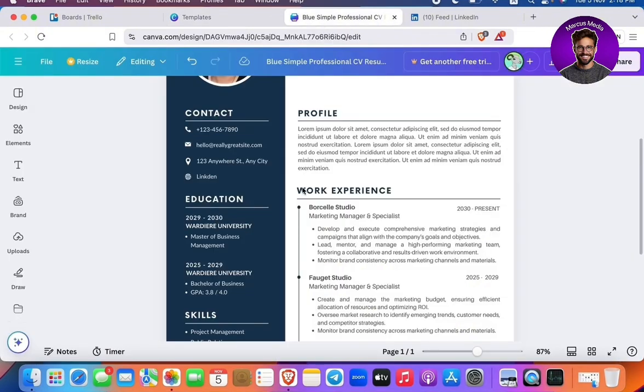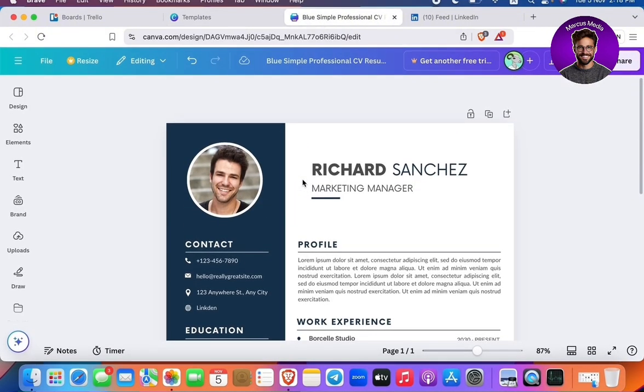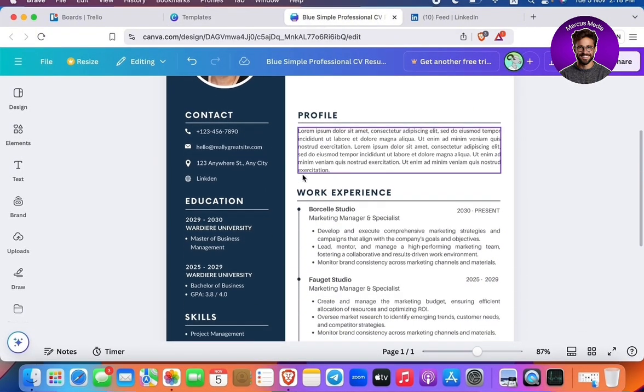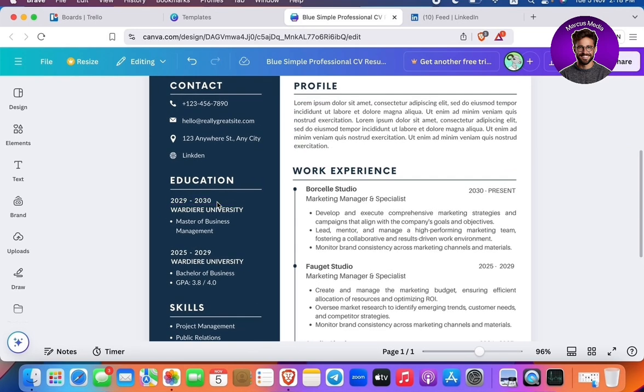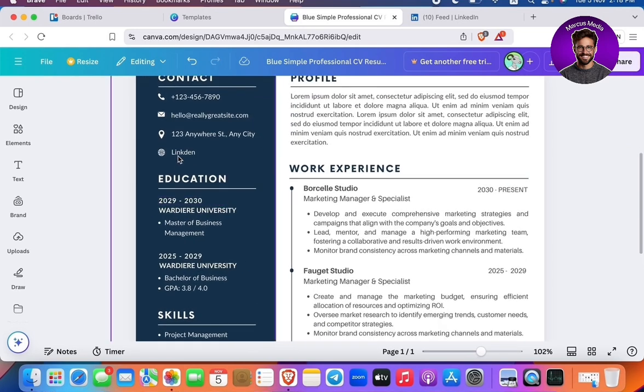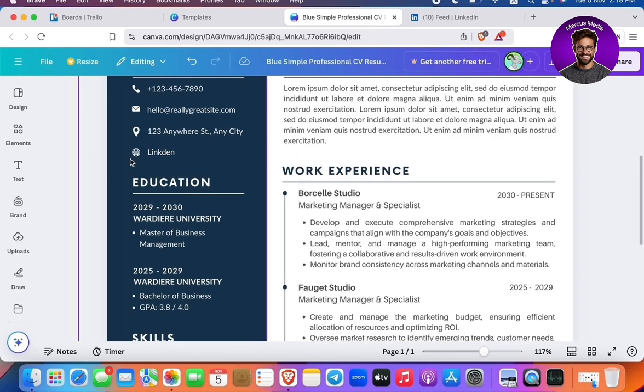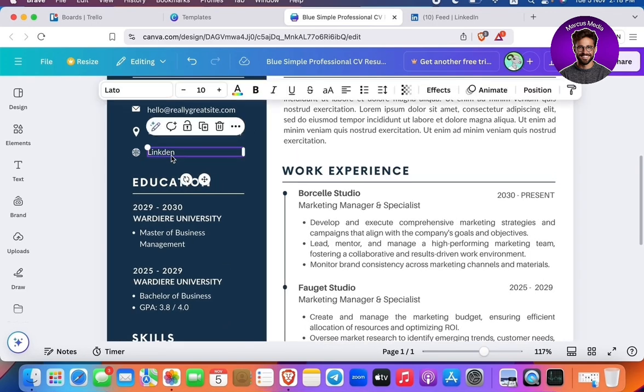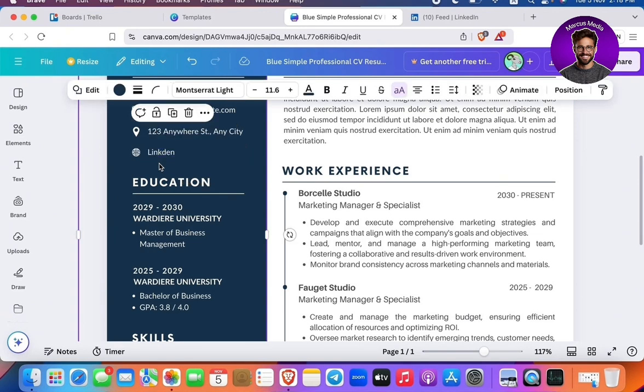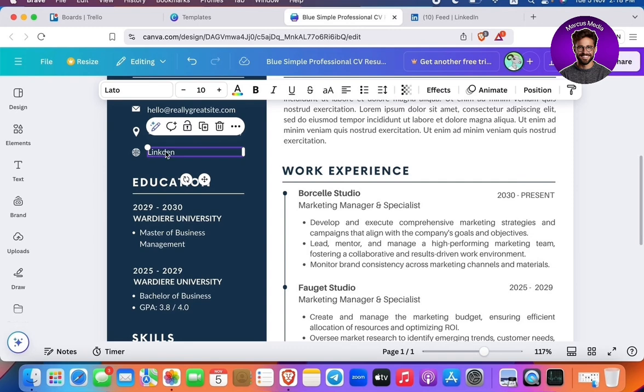to that page, right? And then I'm just going to choose any place. This is purely a demonstration, and I'm going to see right here, this is a website icon, and I chose to type right here "LinkedIn" instead of a normal website, or any website for that matter. I'm going to click the LinkedIn text that I typed, and you're going to see right here a pop-up window full of tools. Go ahead and click more right here, and scroll a little bit down, and you're going to see